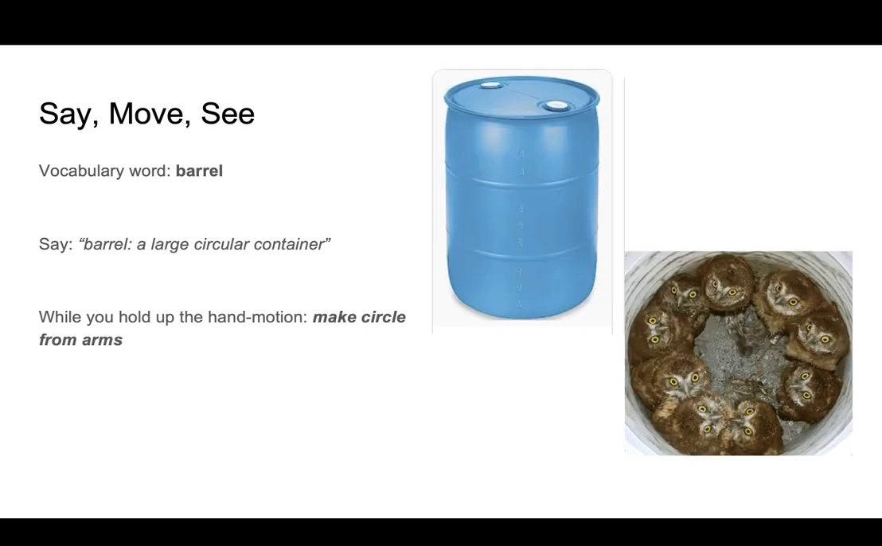This would be repeated for the word barrel, and in this case, a barrel is a large circular container. It is important that students say the word and simplified meaning several times and have the movement associated with it. Finally, connecting the pieces with an image of burrowing owls in a barrel could help create further context for students